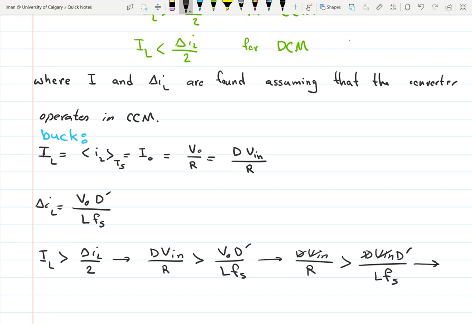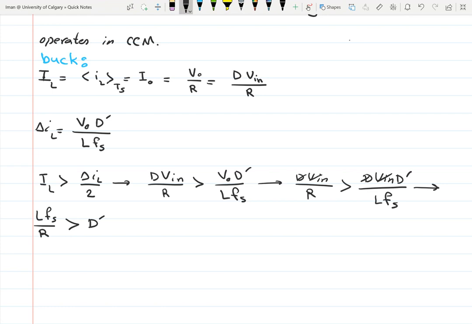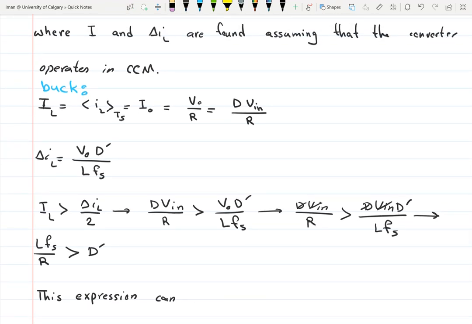Therefore, L F_s divided by R is greater than D'. So this is the condition for CCM when operating in a buck converter. So if we have this condition, we're operating in CCM. This expression can be expressed as